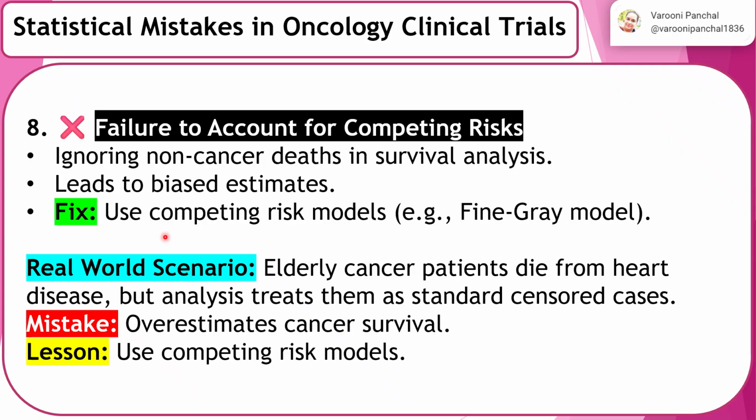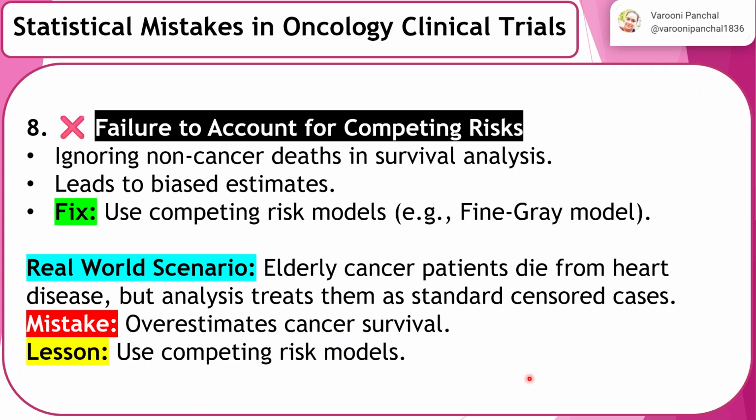You can fix this by using competing risk models, for example the Fine-Gray model. Say, for example, elderly cancer patients die from heart disease, not from consuming the oncology clinical trial molecule which is under testing, right? But the analysis treats them as standard censored cases. So the mistake here is you are overestimating cancer survival, and the lesson here is you need to use competing